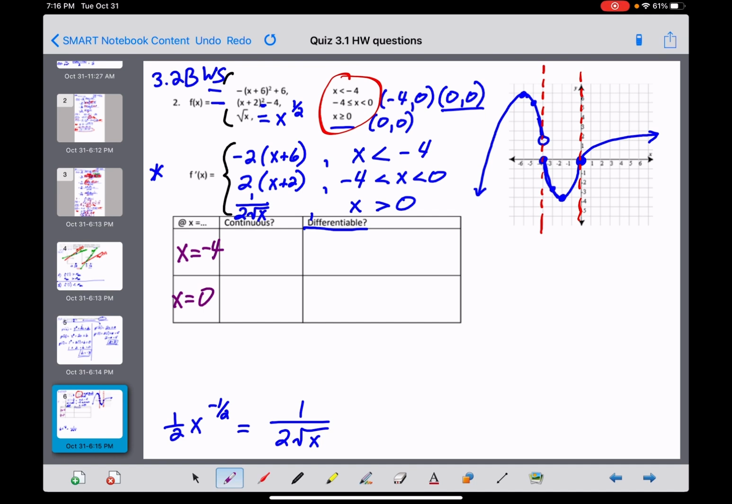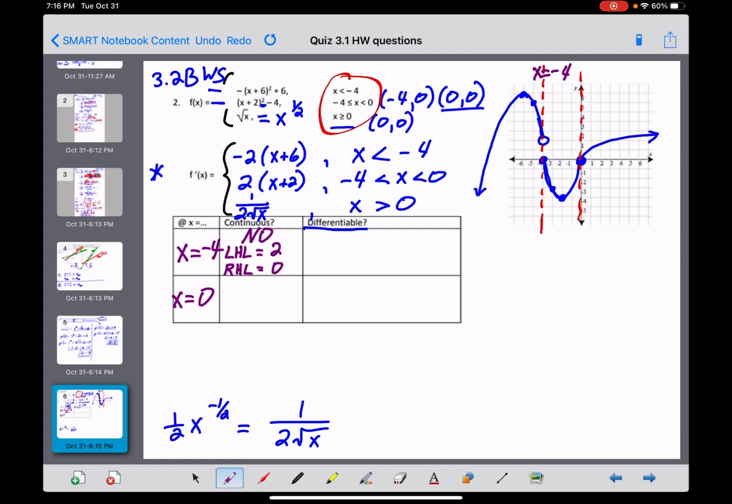Is this function continuous at x equals -4, which is right here? I'm hoping you guys can look at this and tell me quickly that the answer is no. The reason for that, everybody, is that your left-hand limit, let me write this out, the left-hand limit as x approaches -4 from the left is 2,